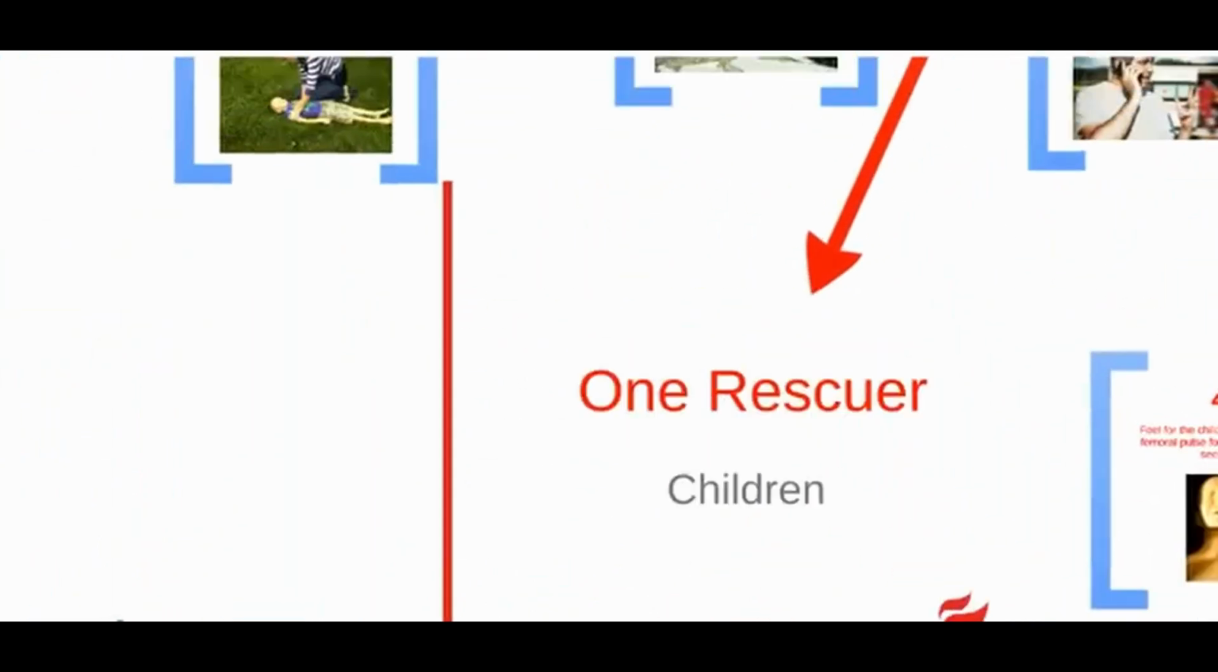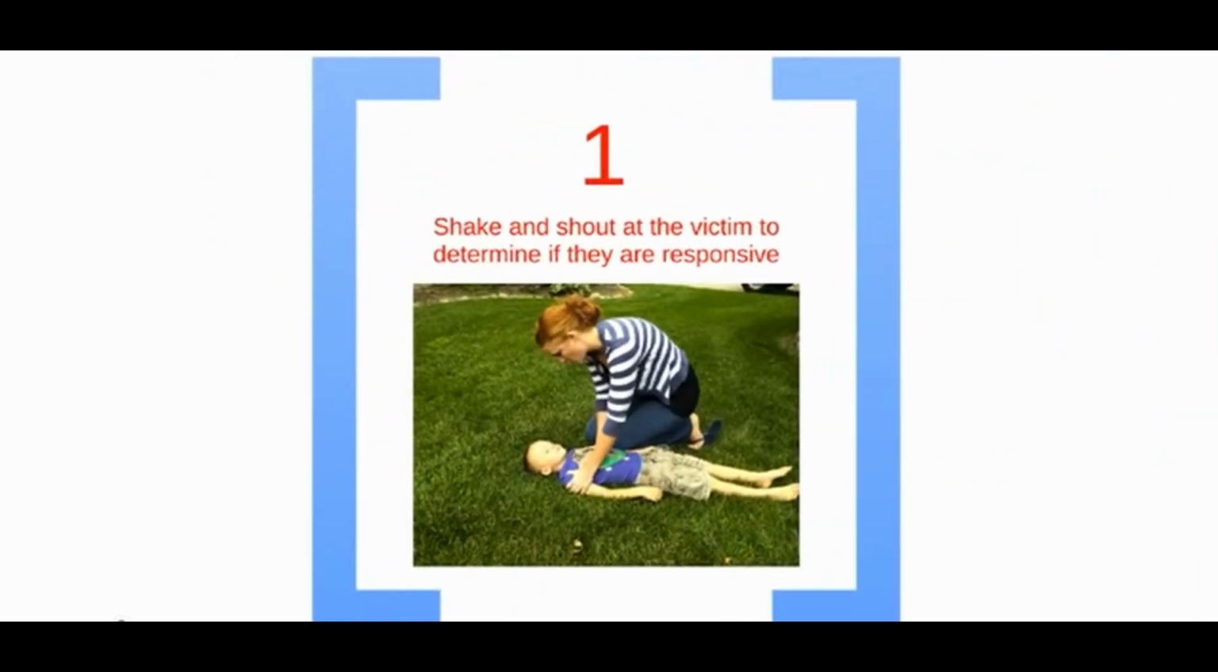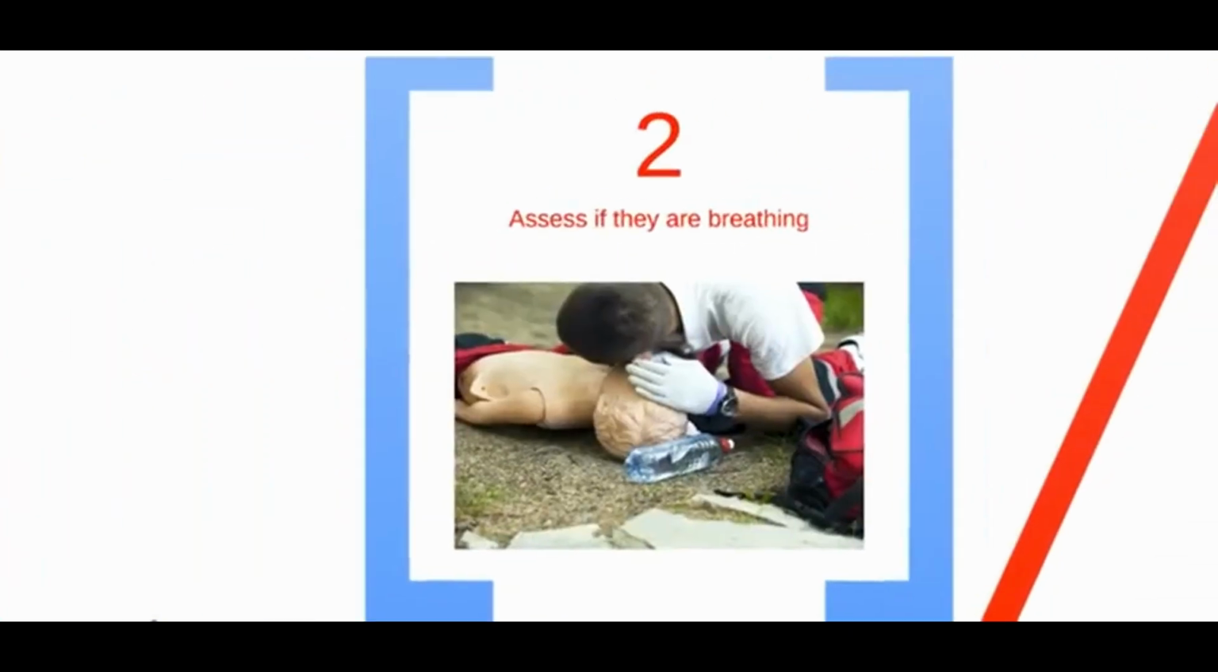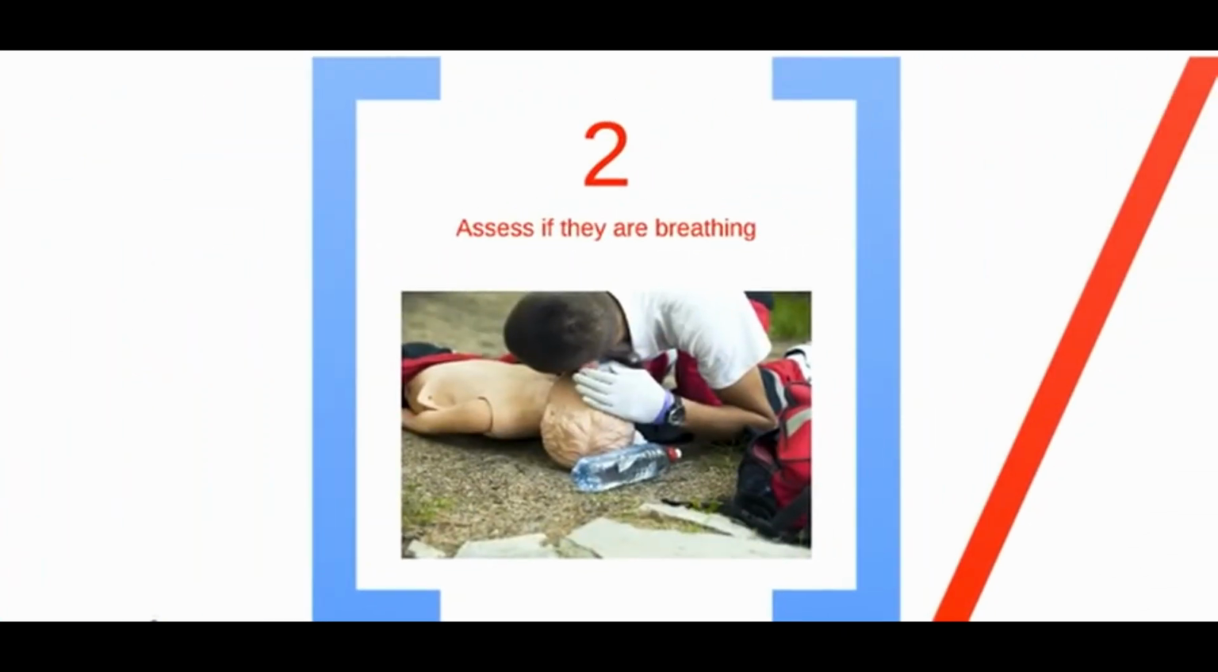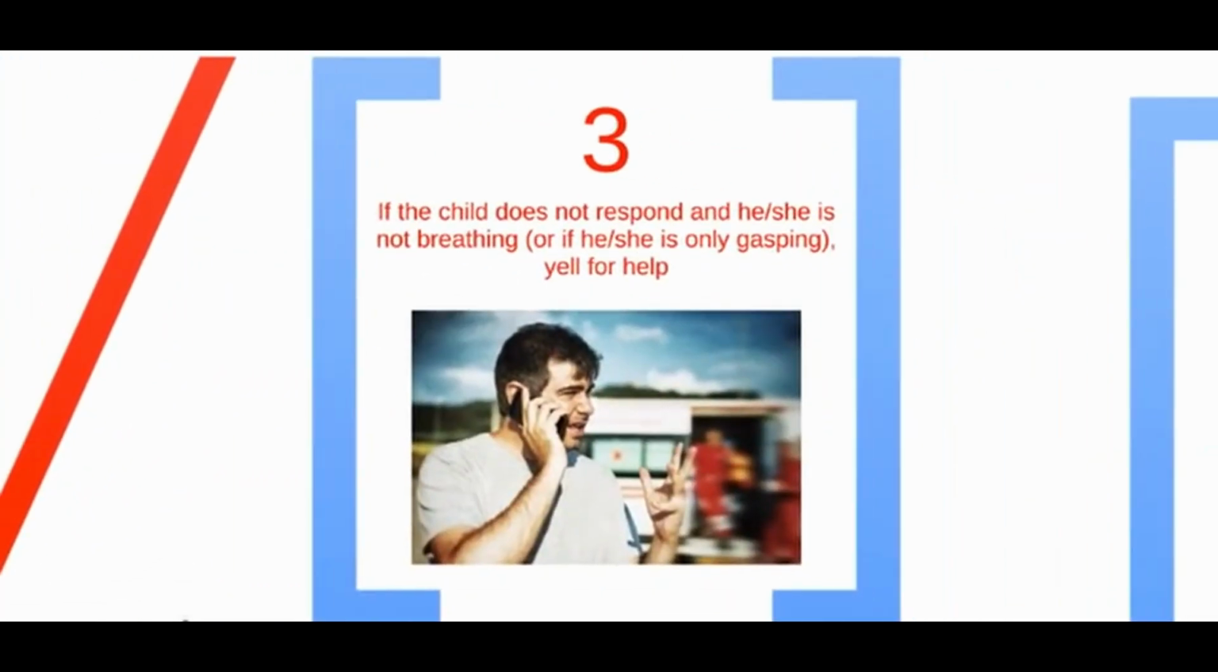The first step is to determine if the victim is responsive by shaking them or shouting at them. Step 2 is to assess if they are breathing. This can be done by either putting your ear up to the victim's mouth or watching the chest. Step 3 is to yell for help if he or she is not responding or breathing. If someone responds, you would send him or her to get an AED, and it would essentially change to 2